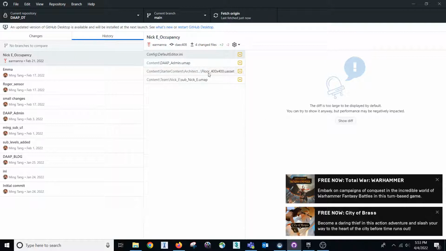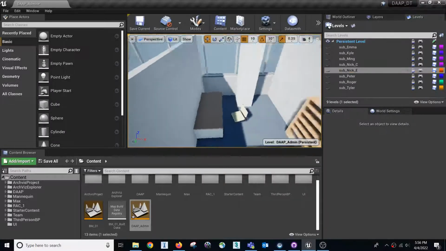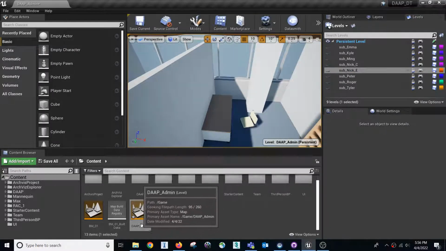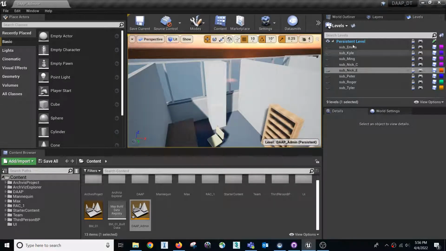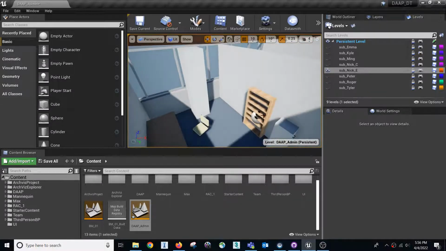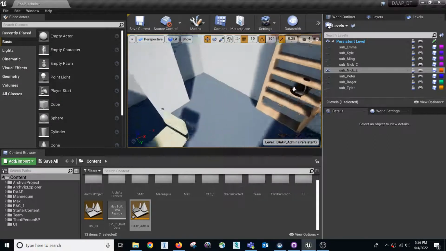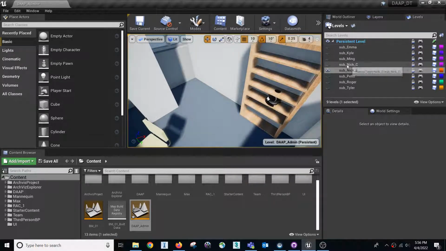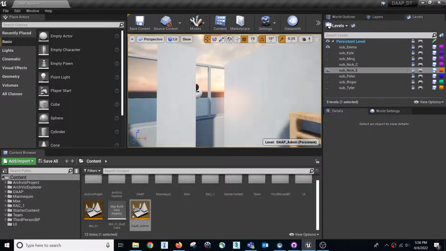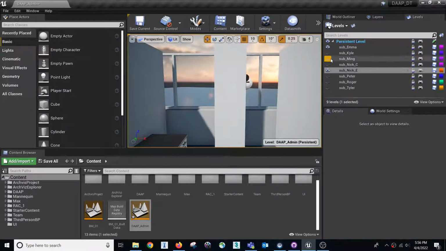Then I will go ahead and launch Unreal one more time. So after I relaunch Unreal, I open the depth administration map. You can see here we have sub levels. So from Nick Ehrman, I see there's a new sensor that has been added right here on the bookshelf. And I also have other sub levels, for example from Emma. I think this one is on the window. Okay, so everything is still